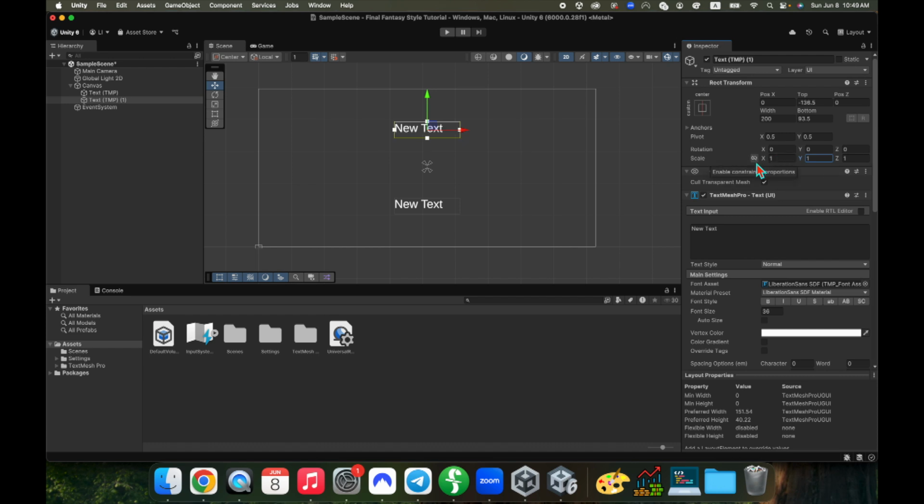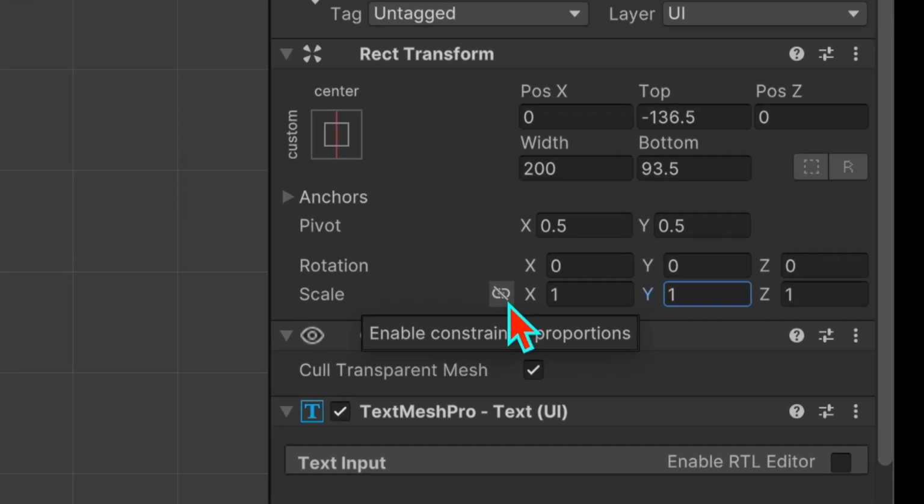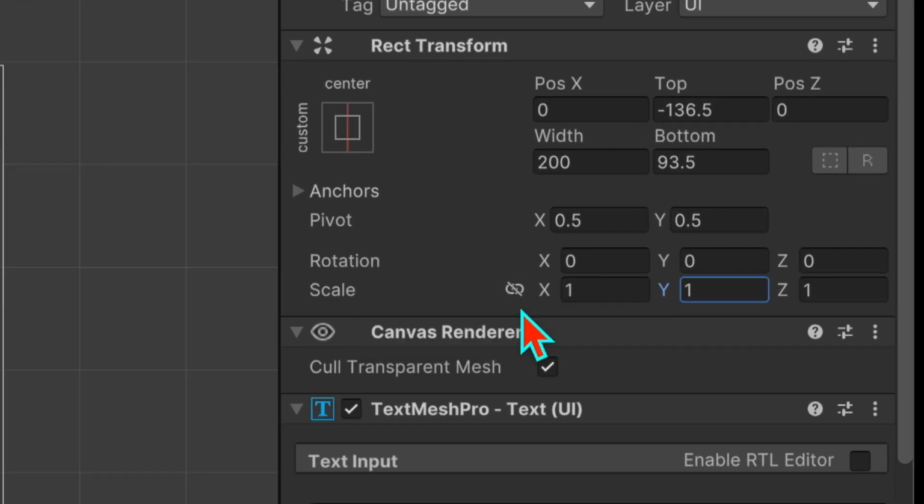And if you want to scale uniform, meaning you want to keep the X and Y scaled the same way, then there's this link chain, that's what I'm calling it. I'm going to zoom in so that you can see what this looks like. Anyway, right now it's crossed out to say do not link the X and the Y. When you click on it, it links the X and the Y, so that if you scale in any one of these,